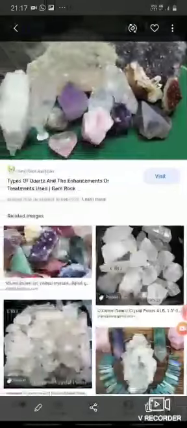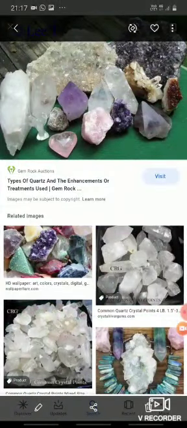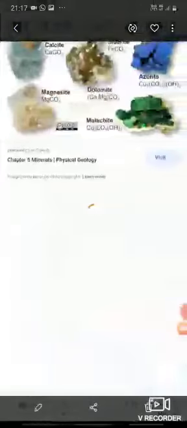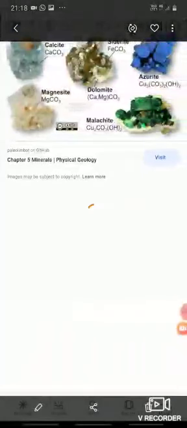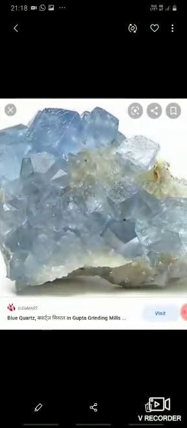Different varieties of the quartz group of minerals are there. Common quartz crystals are white in color or colorless, with hexagonal shape. In this picture you can see different varieties of quartz minerals. White is there, colorless is there, green, blue and red are there. All these are quartz group of minerals. Almost every one is a semi-precious variety of mineral. This one is blue quartz, a very important semi-precious stone.